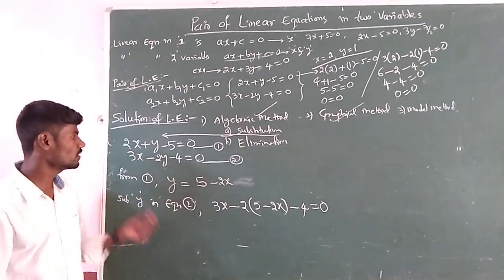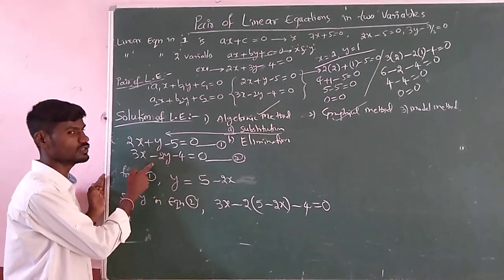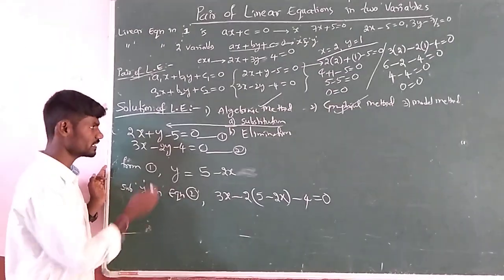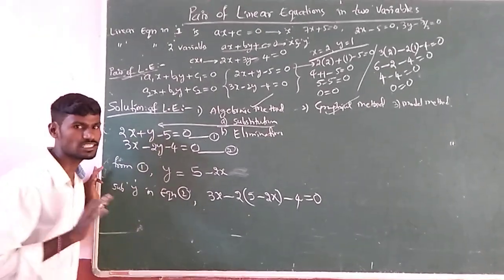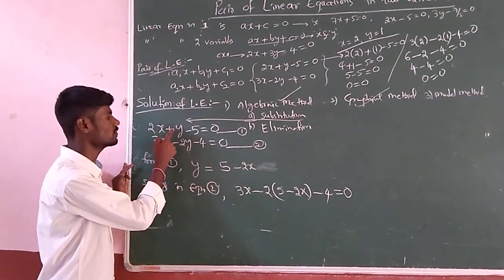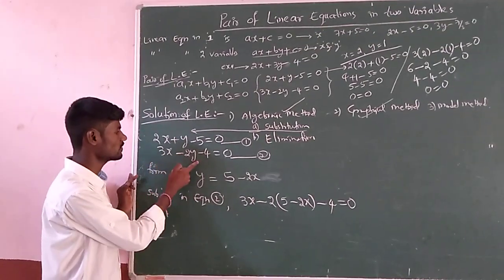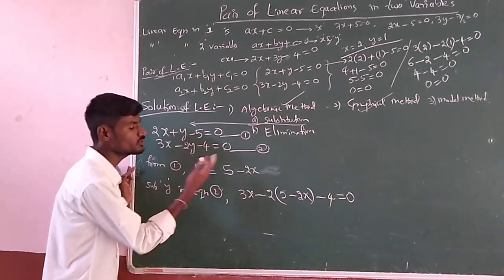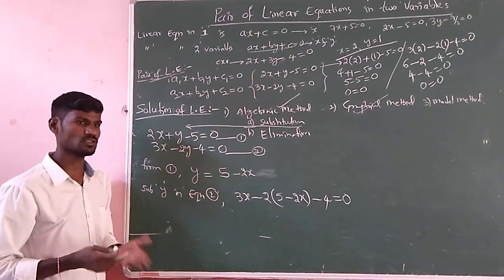Okay? But why have we preferred only one? Why don't we prefer two? If we have that doubt, we may take this expression either from 1 or 2, but what is easy is important. The equation which has a variable with coefficient 1 should be preferred. Here the x coefficients are 2 and 3, the y coefficient in the second is 2, but here it is 1. It is easy to express. If suppose there is no coefficient of 1 in either, in that case you may prefer any one. That is our wish.